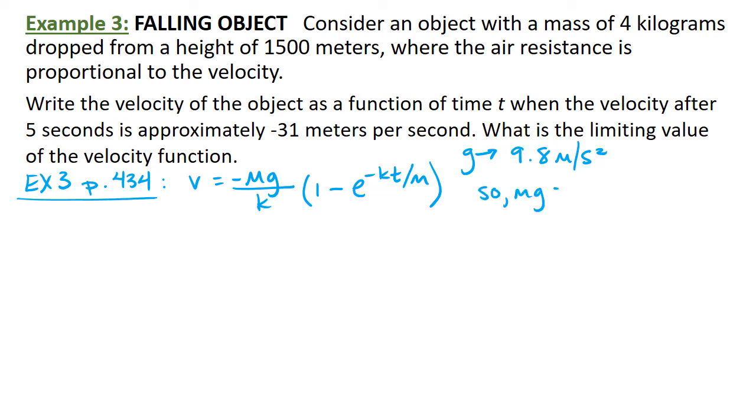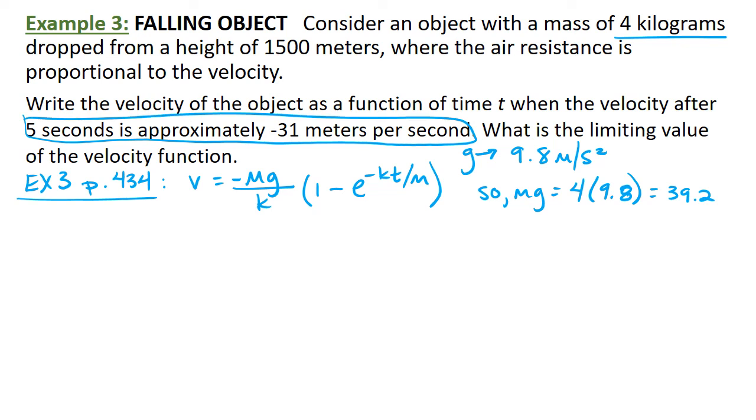So if we know that, then we know that mg is equal to 4 times 9.8 because the mass is 4 kilograms. And that gives us 39.2 after multiplying. So now what we want to do is use this information and plug it in. So if we know that v of 5, because the velocity after 5 seconds is negative 31, we can go ahead and plug that in. So our equation becomes